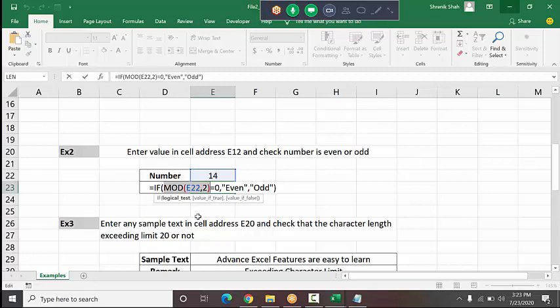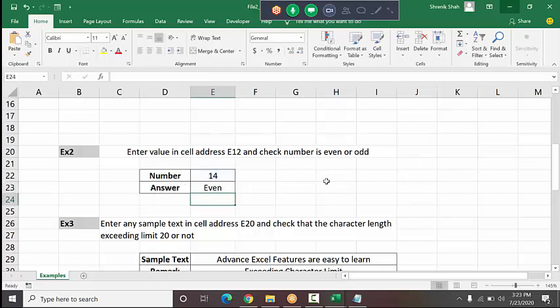In Excel, the MOD function evaluates and gives you the answer as a remainder. Inside the IF function, I check the condition: if the MOD answer is 0, then it is even, otherwise it is odd. Now I press the enter key and this prints even. If I try any value like 11, it prints odd.